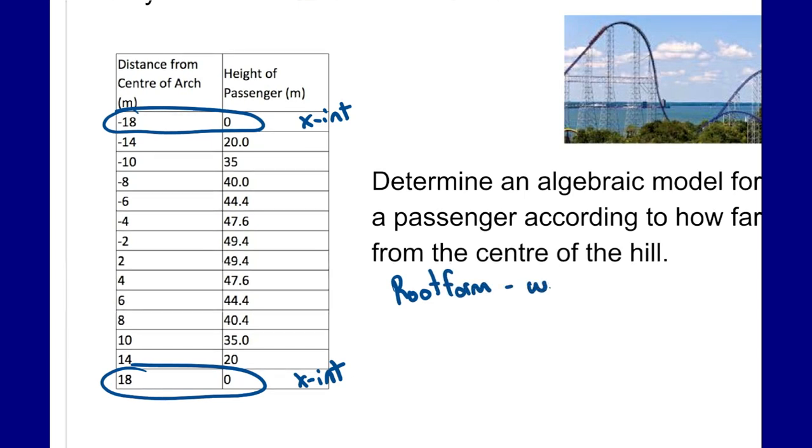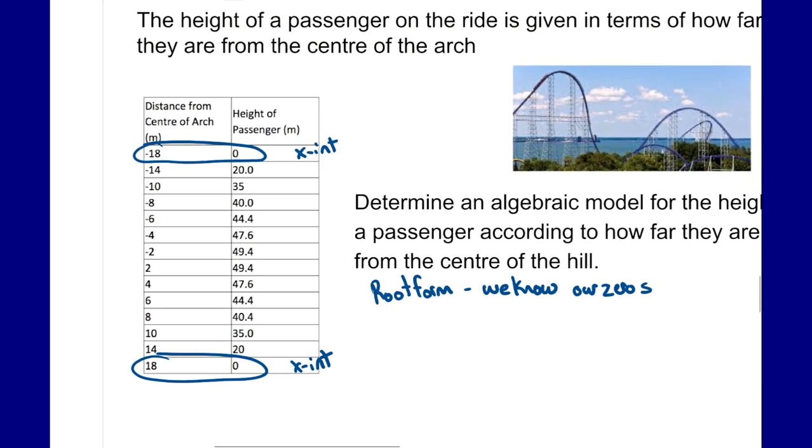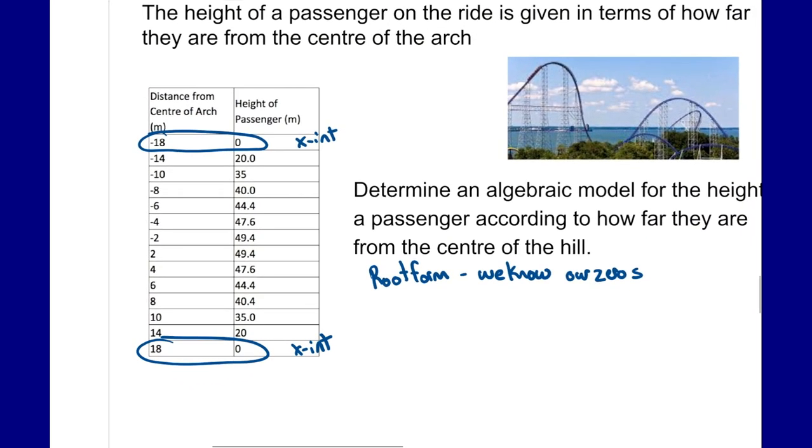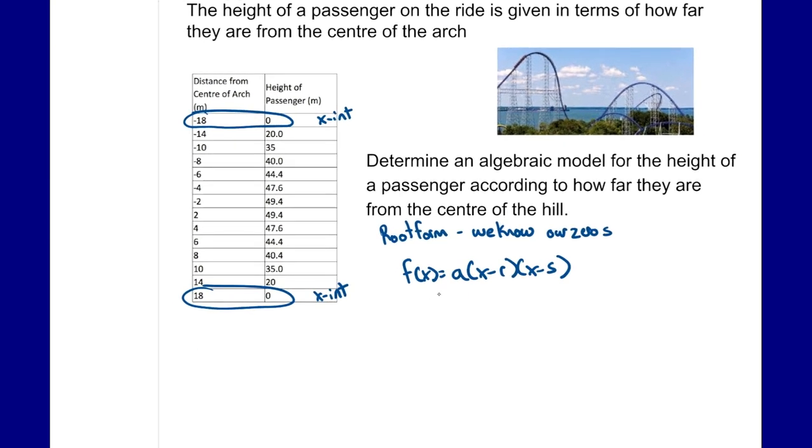So our root form, we know our zeros. So we know our zeros, we know our roots, we should be using factored form. So if I take my factored form, f at x is equal to a times x minus r times x minus s. I'm going to plug in my two roots,